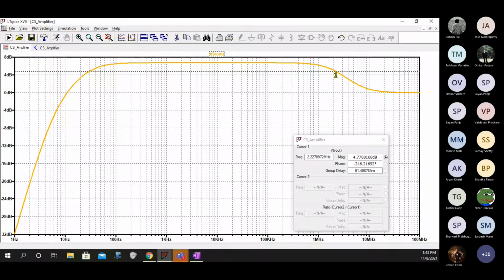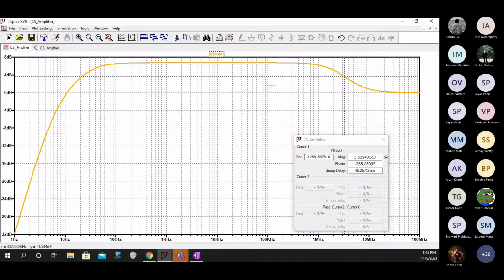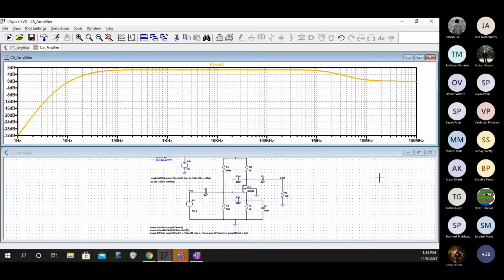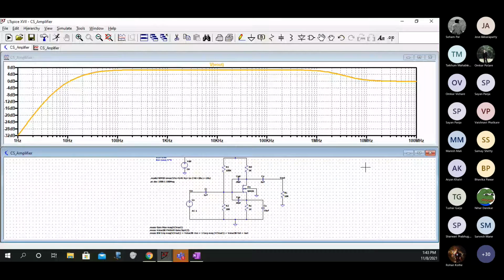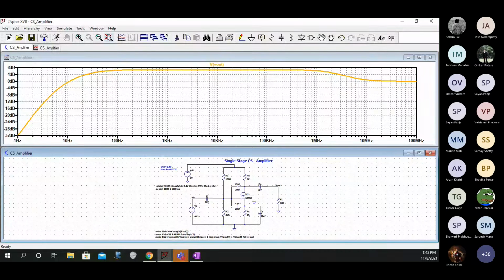So instead of going to this graph and doing a measurement like this, going to 3 dB below this, somewhere here, and measuring the value of gain, you just write a command to go exactly to that point and measure the value. Because when you try to do this manually, your measurement will have an error, because nobody's hand is so stable that you will exactly reach that point. And even if you reach, by the time you reach there, a lot of time would have passed by.